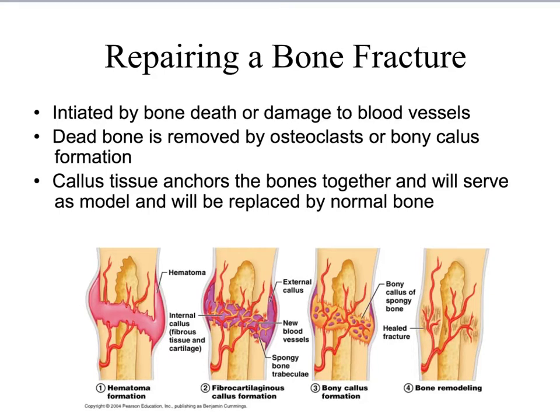It's initiated by bone death and damage to the blood vessels. That dead bone is then removed by the osteoclast, and then a bony callus is formed. That callus tissue anchors the bone together and will serve as a model that will be replaced by normal bone. So the osteoclasts are continuing to work and remove dead bone, and the osteoblasts are working to lay down new